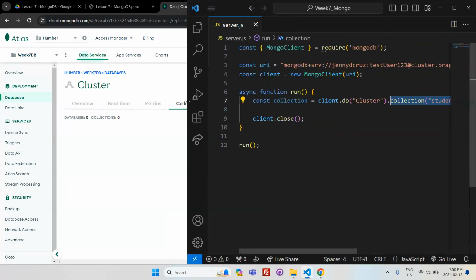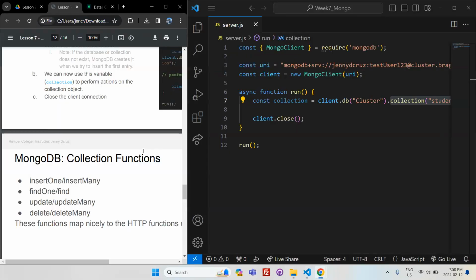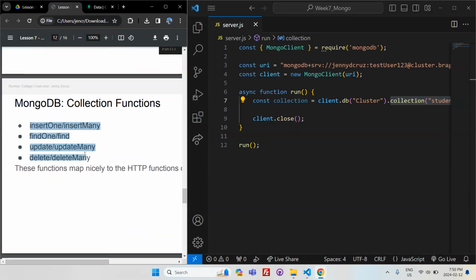We didn't see any errors in our debug console. So let's move on to the CRUD functionalities in our database. As I mentioned, there are 4 main important functions that you need to keep in mind while working with any backend technologies: create, read, update, and delete. Its MongoDB query equivalent is, for create, we are saying insert. For read, we are saying find, and update and delete are pretty much the same. So with MongoDB, you have the option to insert, find, update, and delete either just one entry